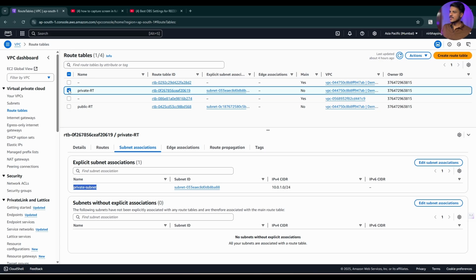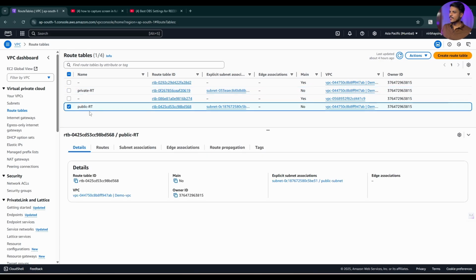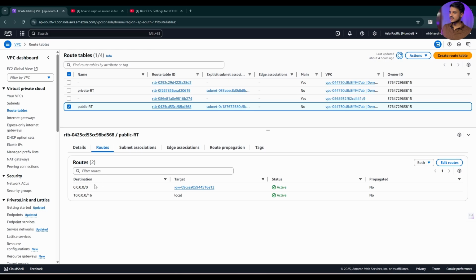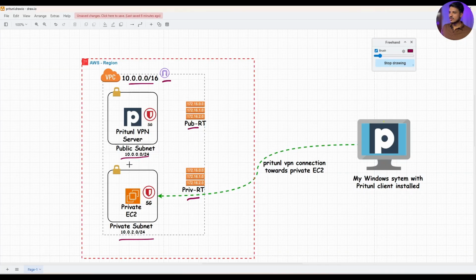Okay, and if we see its routes, for the public route table in the routes section, you can see I have added a route toward the destination 0.0.0.0/0, and the target is our internet gateway, so that any resources deployed into our public subnet will have internet access. Okay, so assuming that this setup is clear, now we will be spinning up this Pritunl VPN server into our